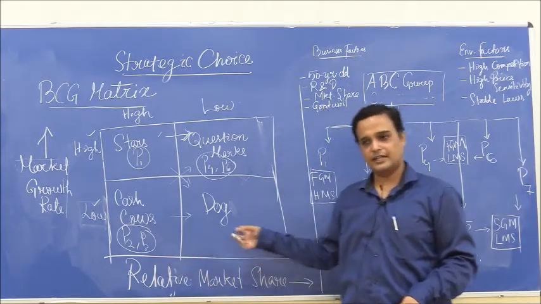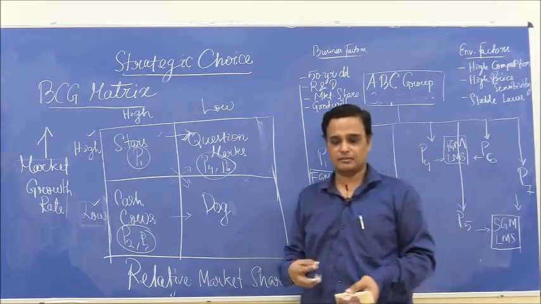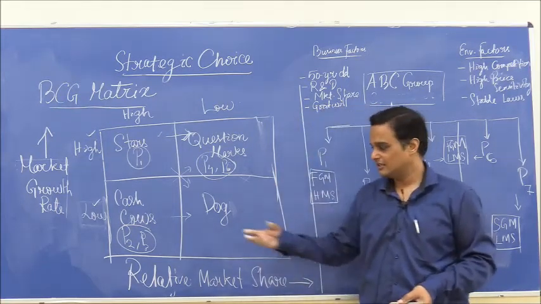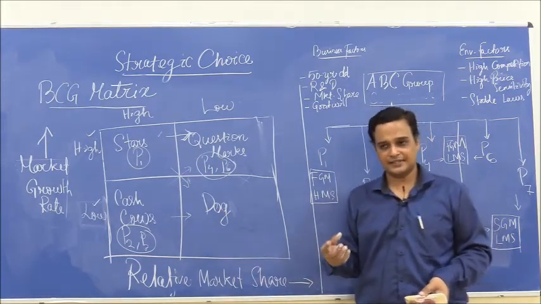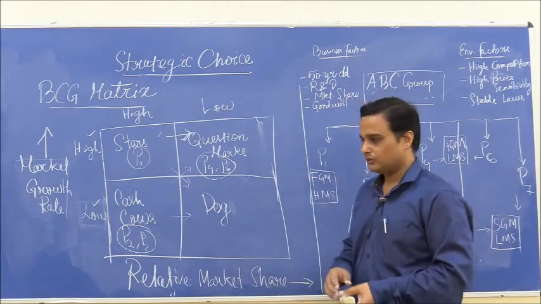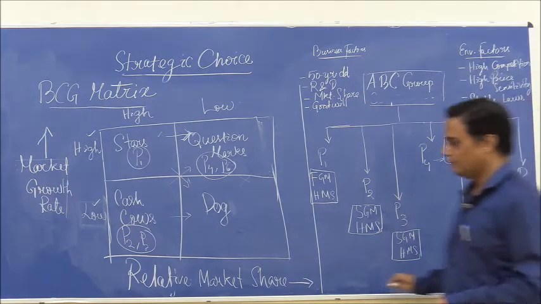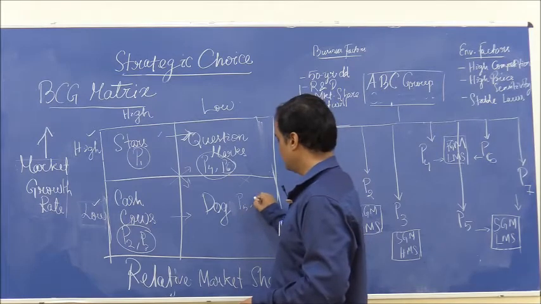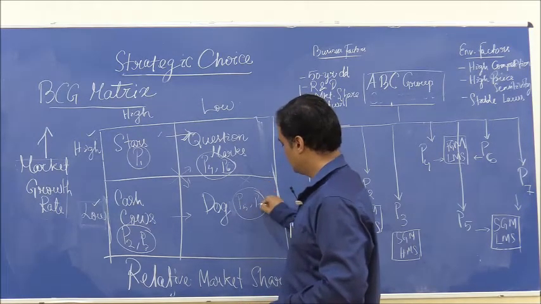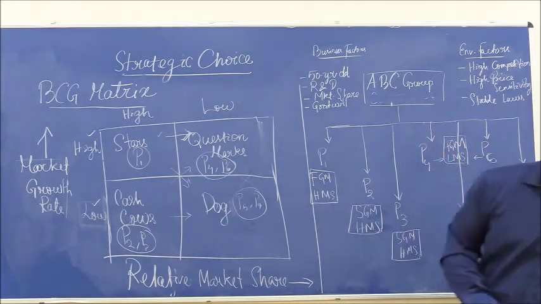Cash cows also might, if they are ignored, if they are not taken care of during their decline stage, the product decline stage of the PLC. In that case also a product category or brand, an SBU, might degrade into a dog category. So, here in our case we have P5 and P7 which operate in slow growing markets alongside having low market share. So, P5 and P7 would be termed as dog category SBUs.